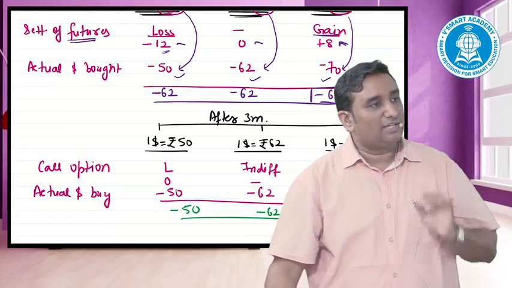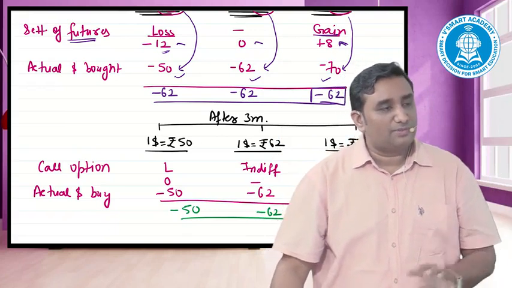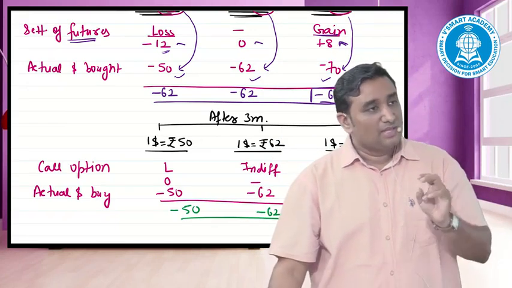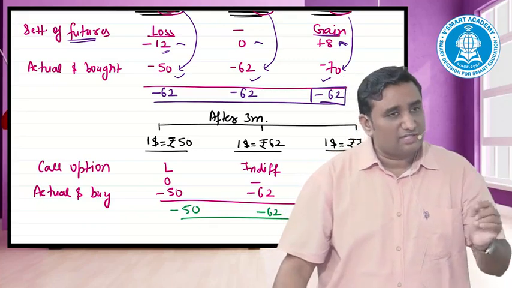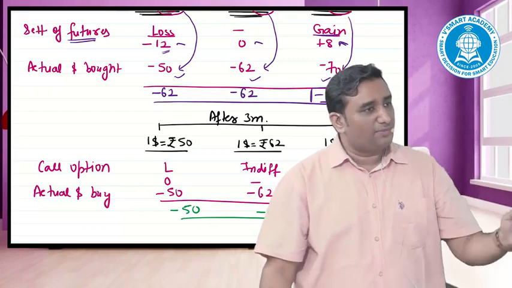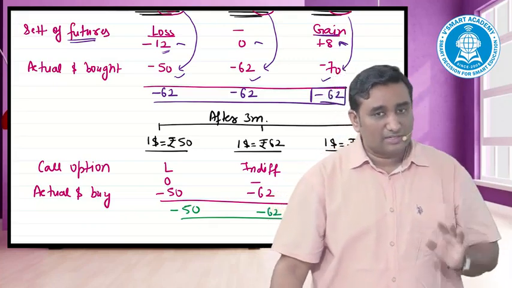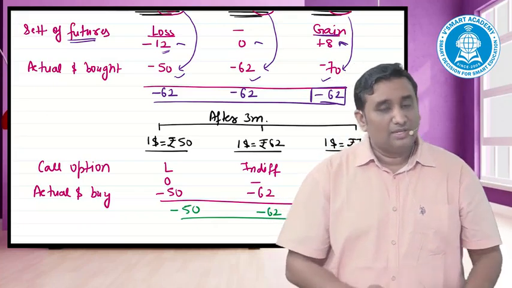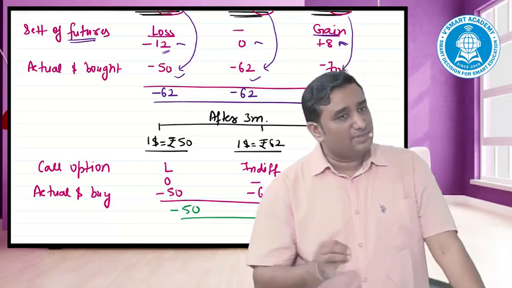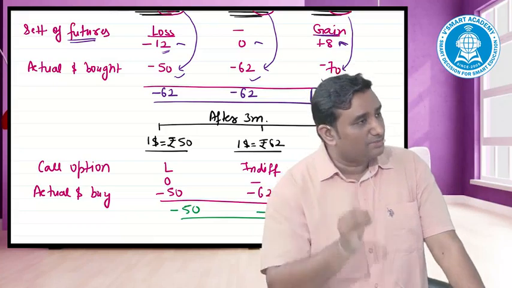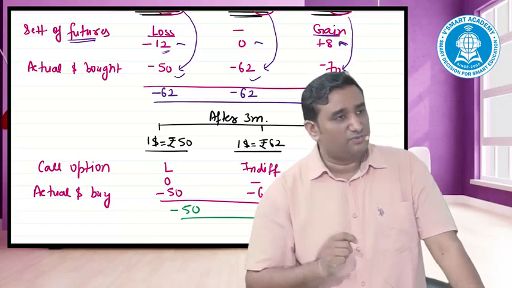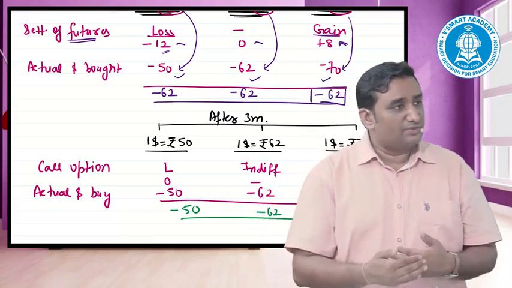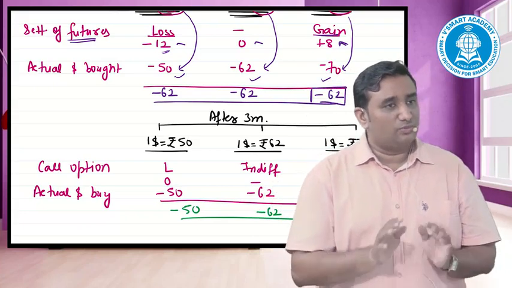The objective of taking futures may be that an option involves a premium cost. There would be a slight deviation from this concept, which we'll do when we do the practicals, although the rest would remain the same. Would the answer come out exactly the same? 99% would come out exactly the same. There's a 1% chance it would be different, which I'll tell you, in the question framed by the institute, and you will come to know very easily.